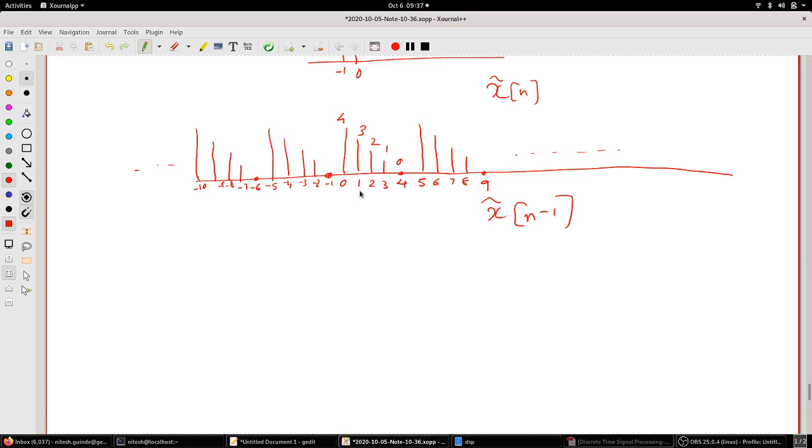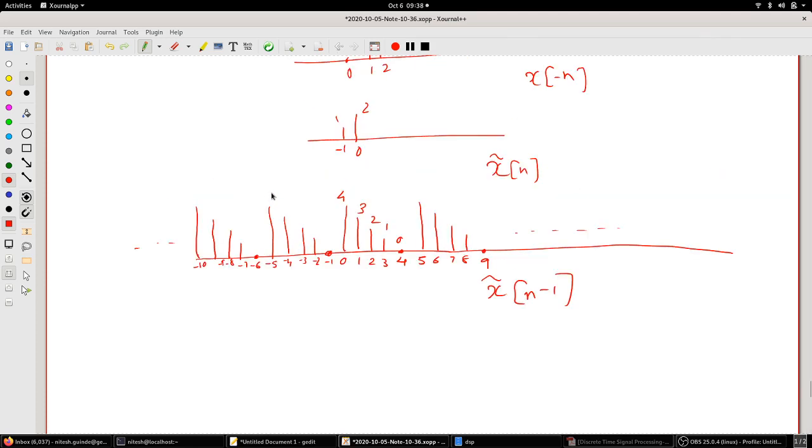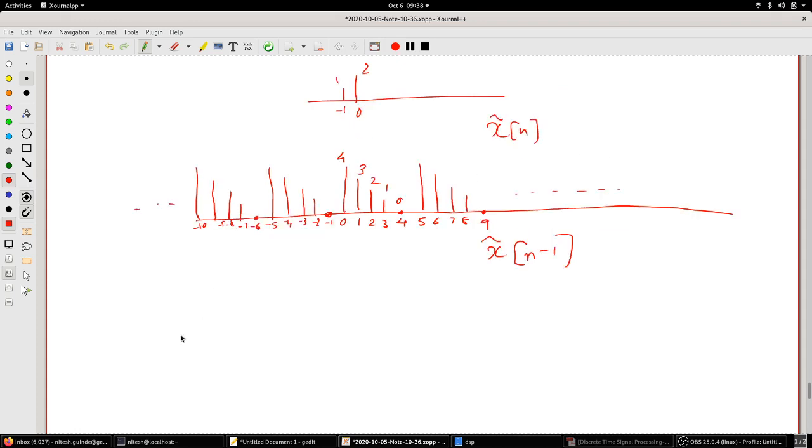Okay, and if you look at the periodic convolution part, why I am explaining this is that when you are solving problems for periodic convolution or any type of problems related to periodic sequences, you will have to use this. You first look at x of n minus 1. So x tilde of n minus 1 would look like